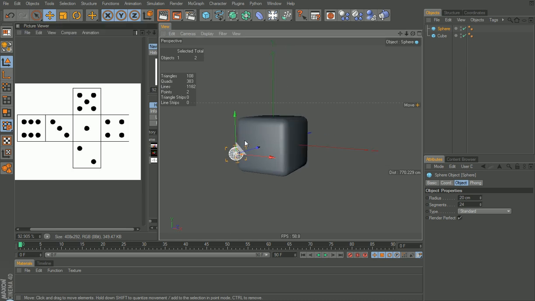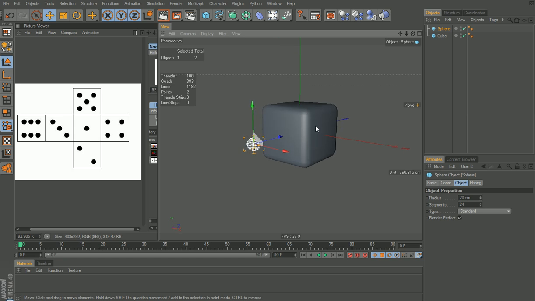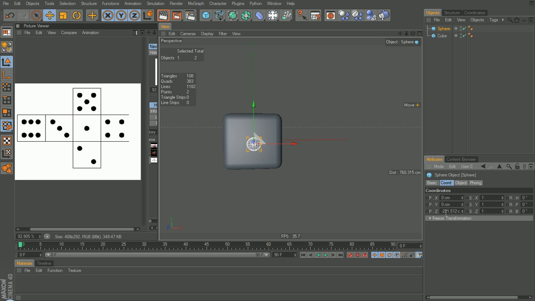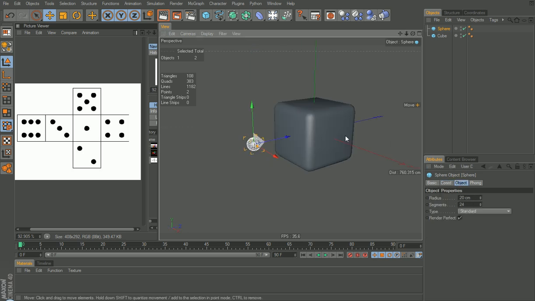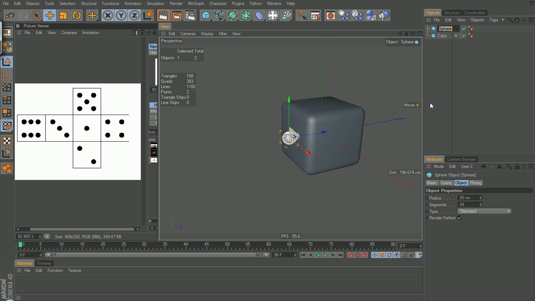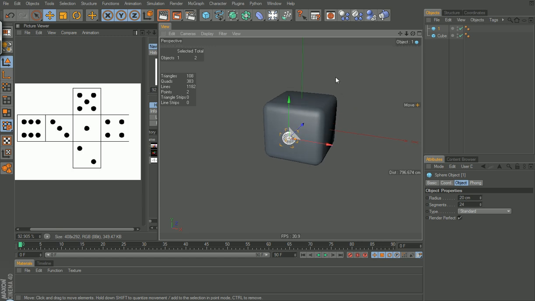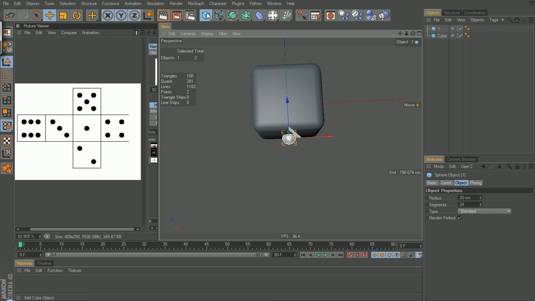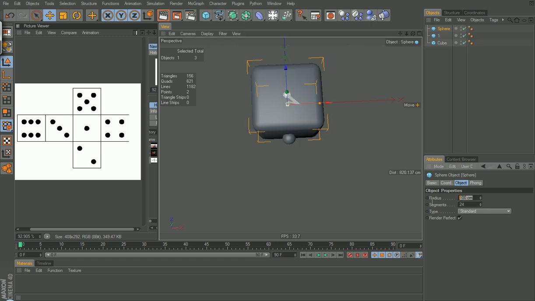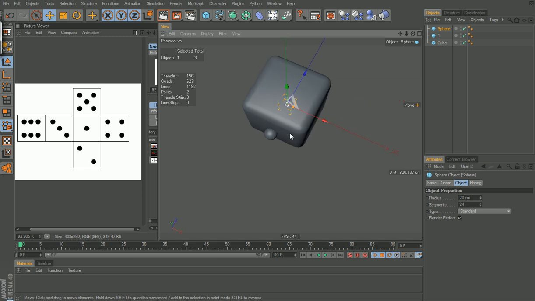So let's take this first face of the cube, and that will be the 1 point. We will just drag it into here, and I will rename this 1, just so I can try and keep myself organized. We can see above 1 there's 4, so I will take another sphere, make it 20 centimeters diameter,